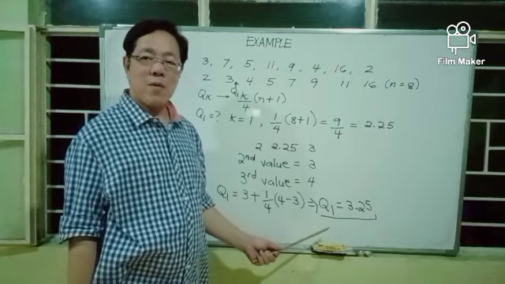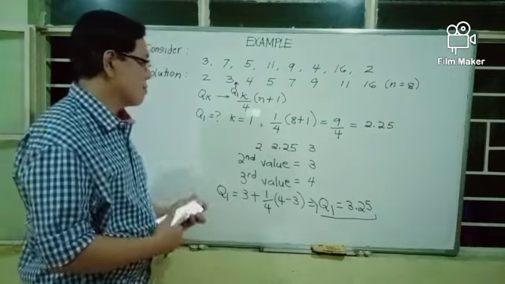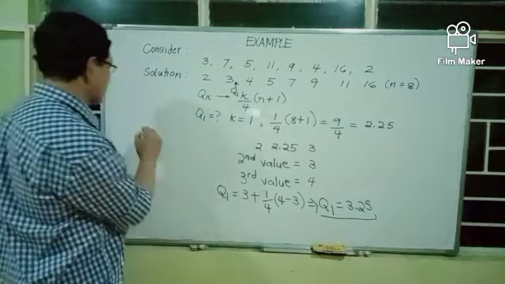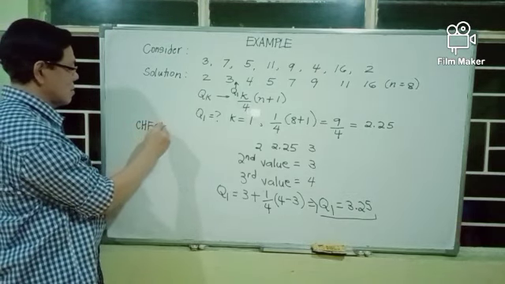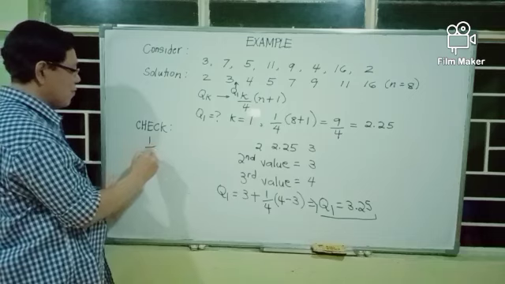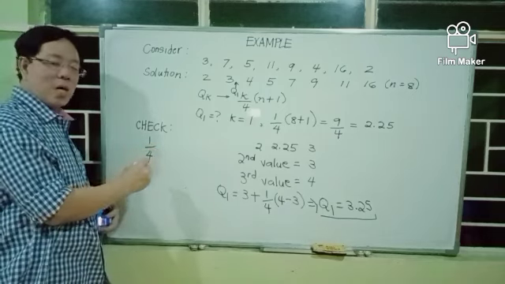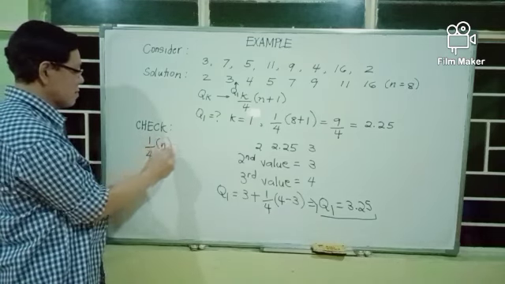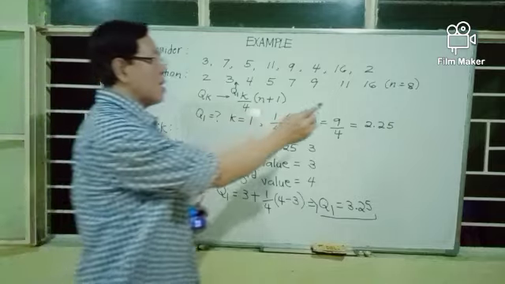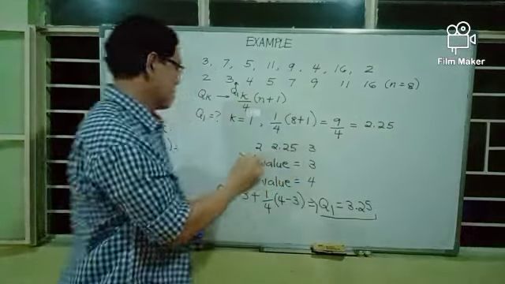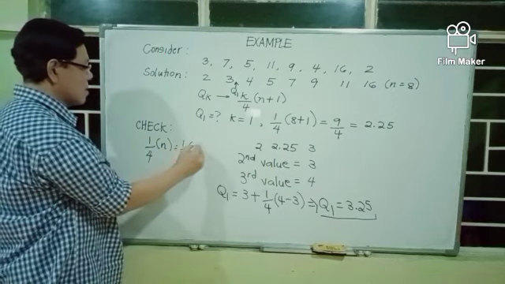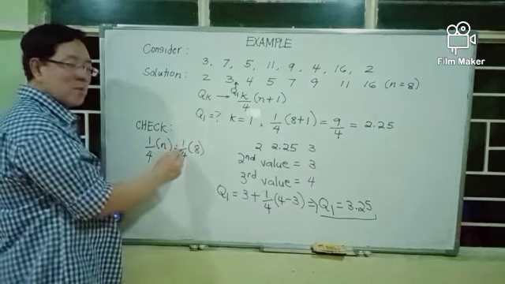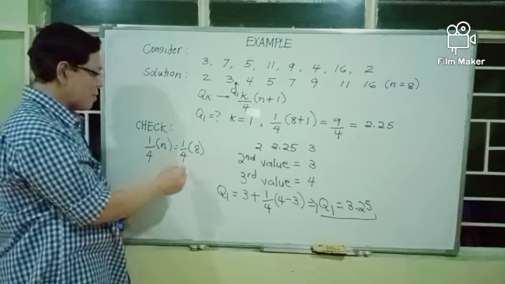At most one-fourth of the number of values, one-fourth of n. And our n is equal to 8. 1/4 multiplied by 8. That's 1 multiplied by 8 is 8, divided by 4 is